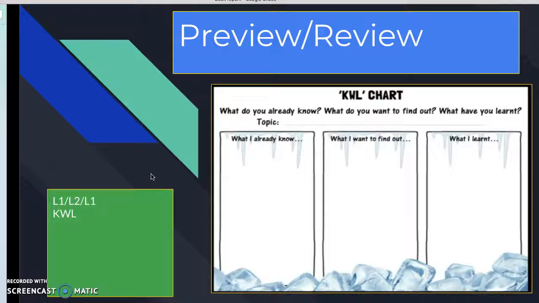The first strategy that I'd like to share with you is one that is recommended by Sonia Soltero in her 2016 book, Dual Language Education, Program Design and Implementation. And in the preview review structure, the teacher will start with the student's L1, their first language, and they'll provide about 5 to 6 minutes of first language support in which the content area,